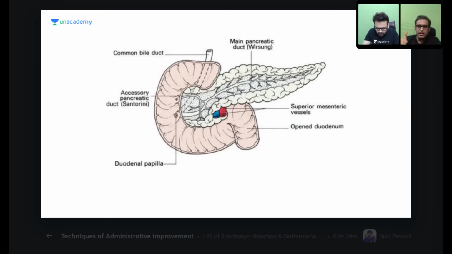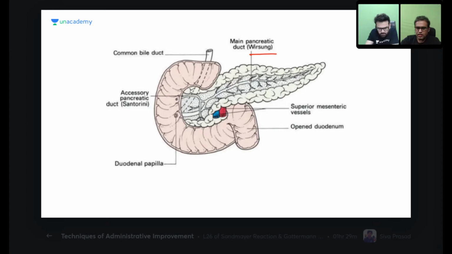I hope the voice is fine, guys, this time. Okay. So 98% of the gland pancreas is exocrine. Exocrine means duct. So the ducts are ultimately draining into the gut, that is the duodenum, which we are seeing over here, this brown colored duodenum. Why? Because embryologically it was coming from the gut. So functionally also it will be attached to the gut, and therefore the ducts. So you can see the duct coming from the right side of your screen, that is from the tail, through the body, through the neck, through the head, and it is draining.